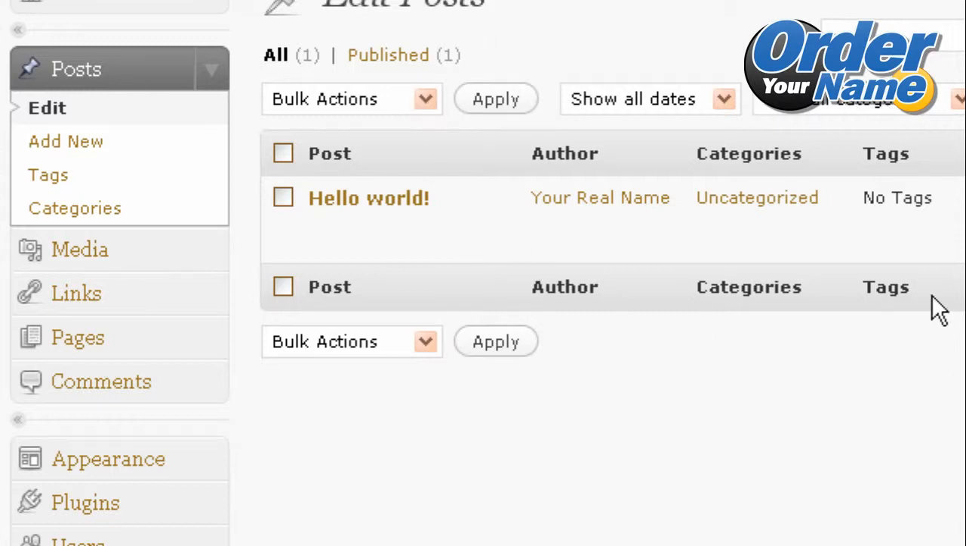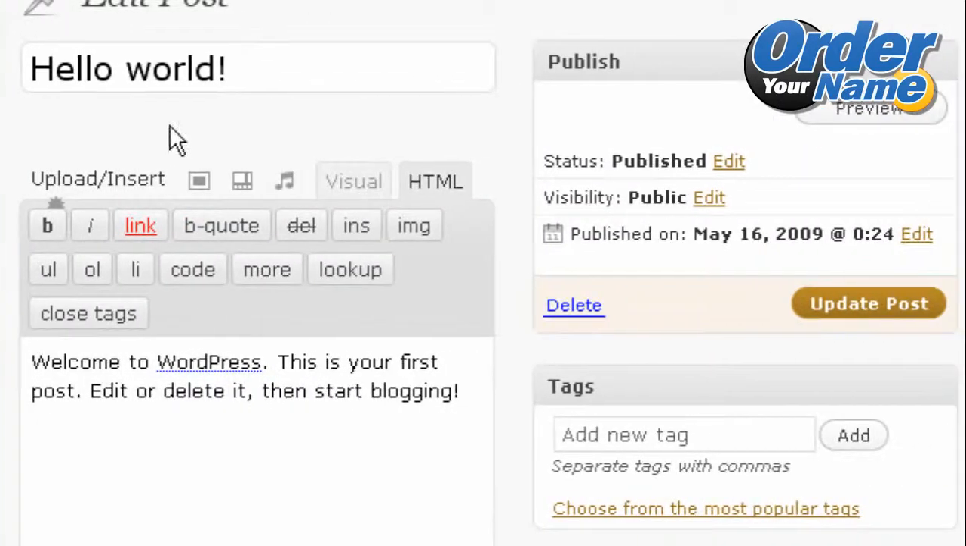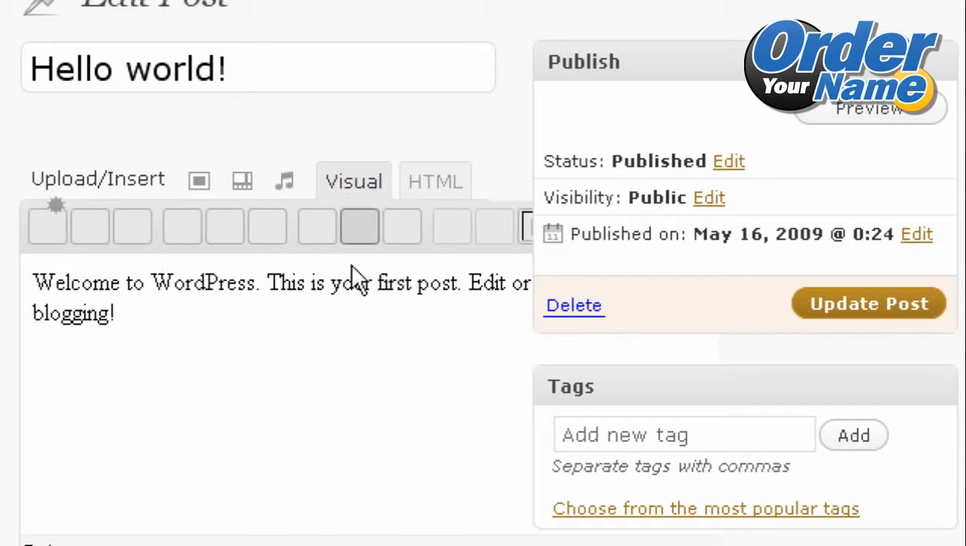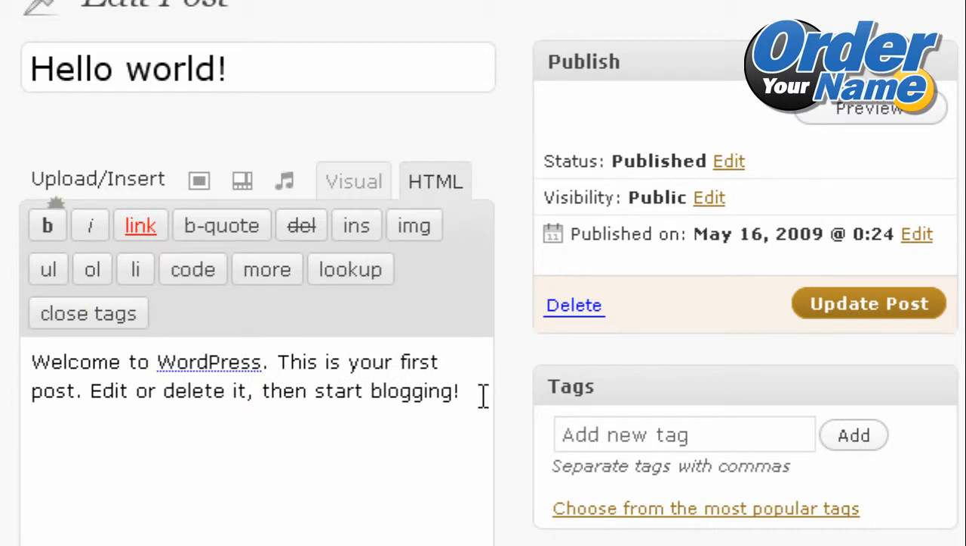And you'll probably see a lot more posts here if you've been blogging for a while. This is just a default post that comes with every WordPress installation. So I'm going to click on Edit. Okay, so in this particular post, you can either look at your text using the visual mode or the HTML mode. But if you want to enter codes, for example, your GetResponse subscription form, then you need